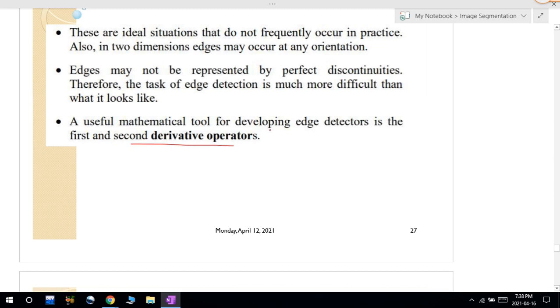For detecting those edge points, we will apply the first order and second order derivative operators. The first order derivative operators include the Sobel operator, the Prewitt operator and the Robert operator. In the case of second derivative operators, after applying the first derivative, I will apply the second derivative to the image, so that I get operators called Laplacian operators. We will see this in detail.